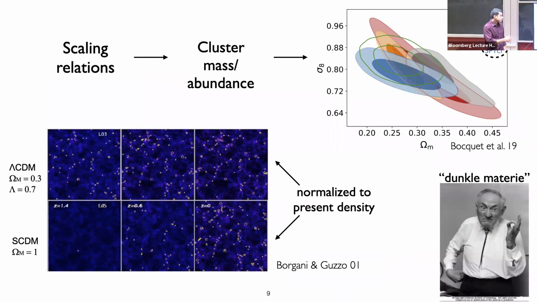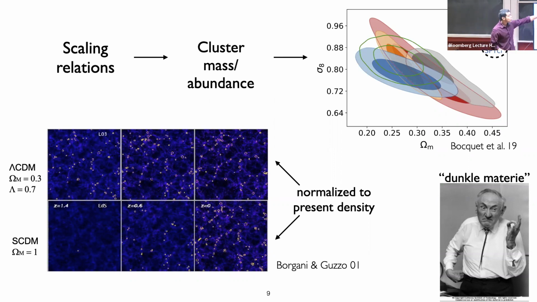Okay, so just to give an overview of cluster cosmology, you can use these scaling relations to estimate the masses or abundances of clusters, and then you can estimate cosmological parameters. To give a visual idea, I've shown this plot. There are two different cosmologies in this figure. If you normalize the abundance of clusters at redshift 0 in two different cosmologies and you go back to high redshift, you can see that the abundances differ a lot. So these differences in abundances can let you constrain cosmological parameters.